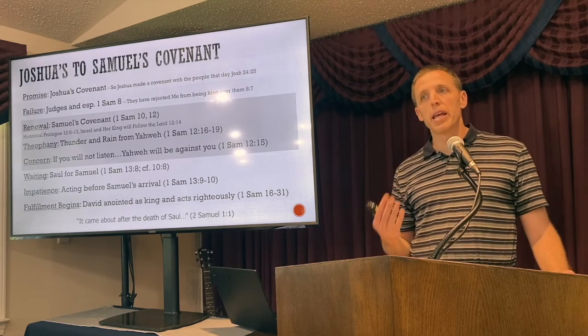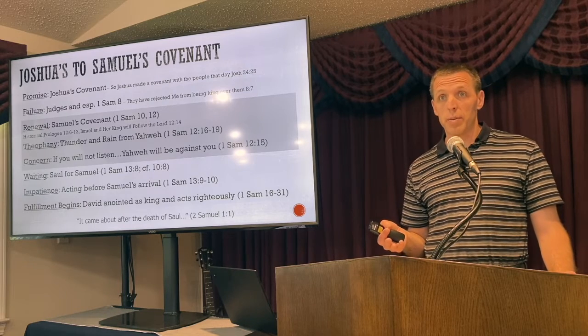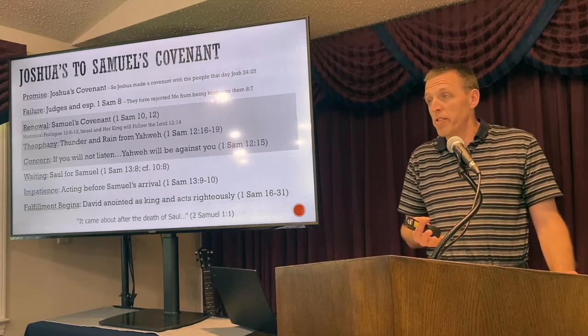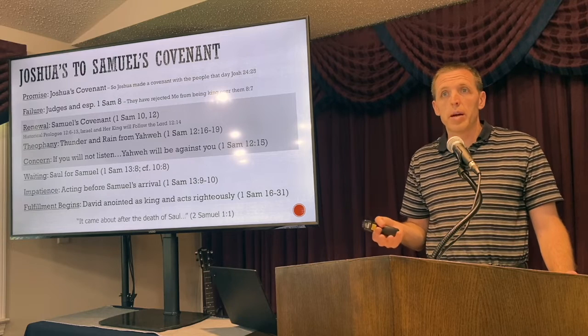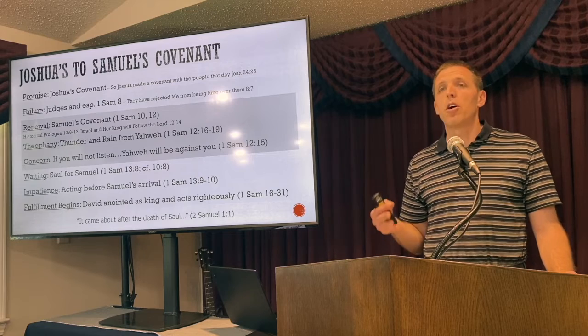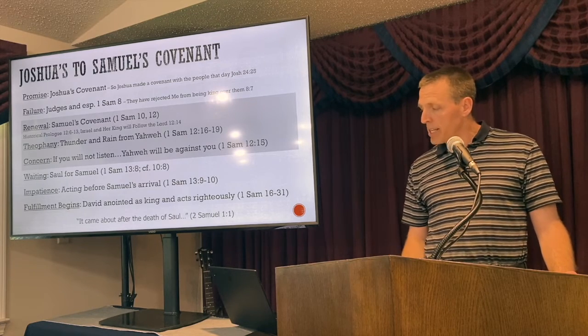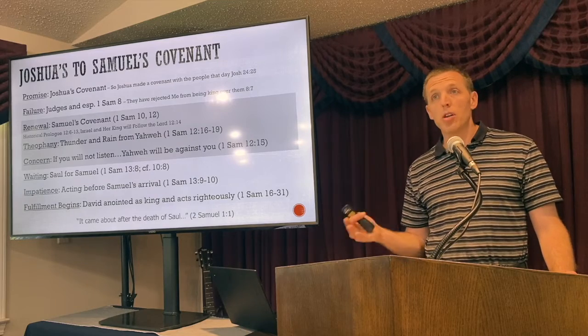Nevertheless, there is the beginning of a fulfillment, particularly that a righteous king is anointed in the book of Samuel, right? But it's just the beginning of the fulfillment, because what happens after David's anointed? Does he become king immediately? No, long chapters of him running away from Saul, of the long time it takes for him. He does act righteously throughout that time, and then Saul dies.